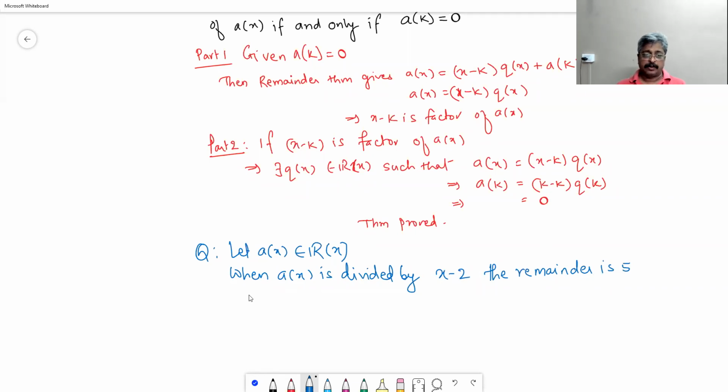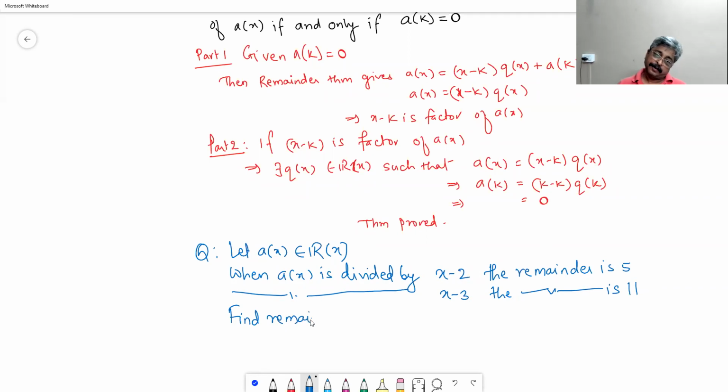When the same a of x is divided by x minus 3, the remainder is 11. Find the remainder when a of x is divided by